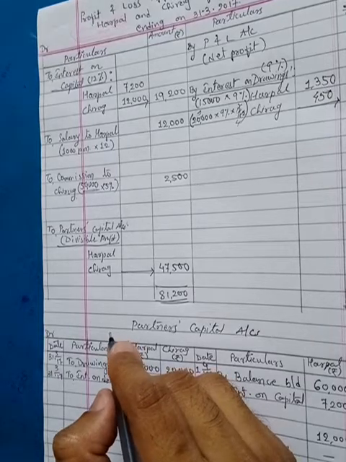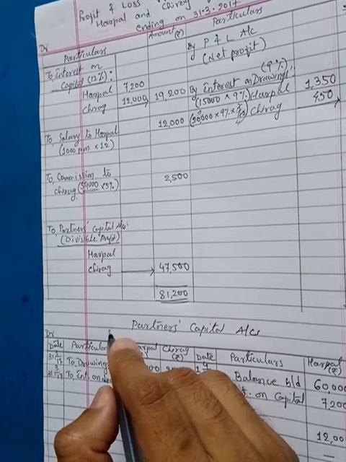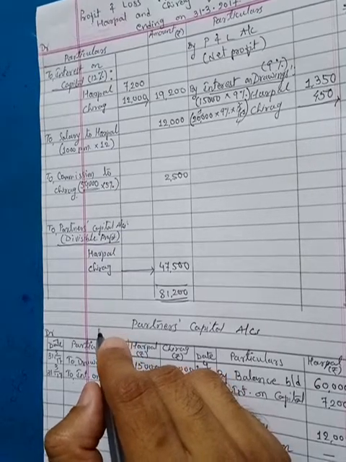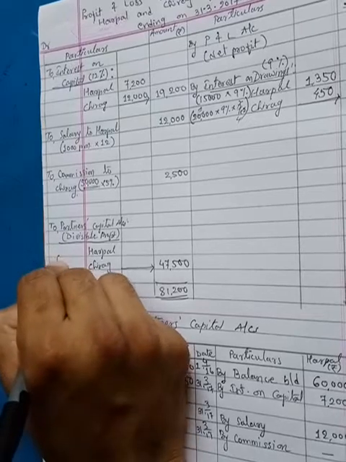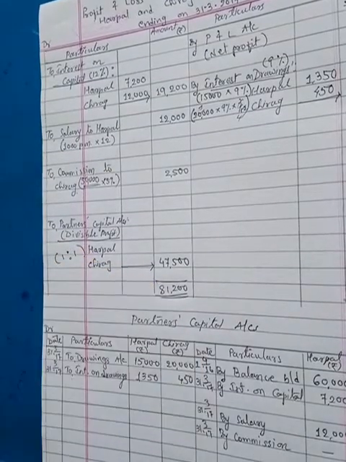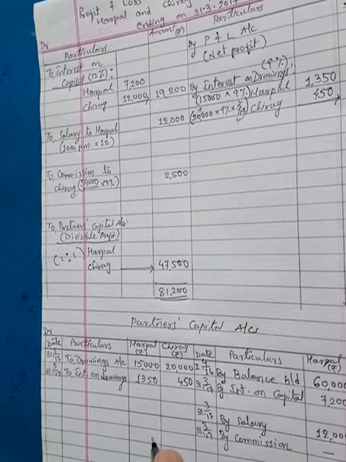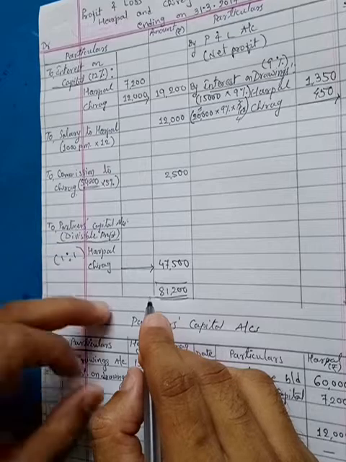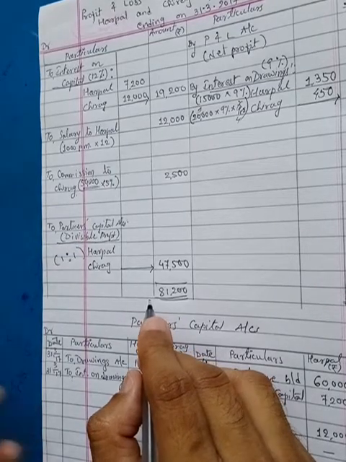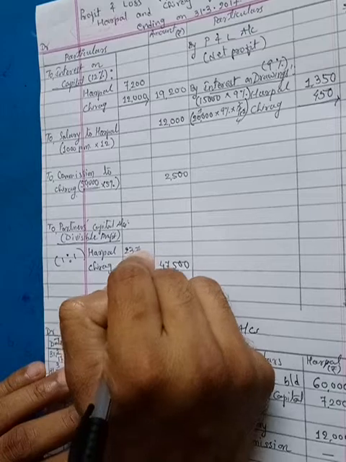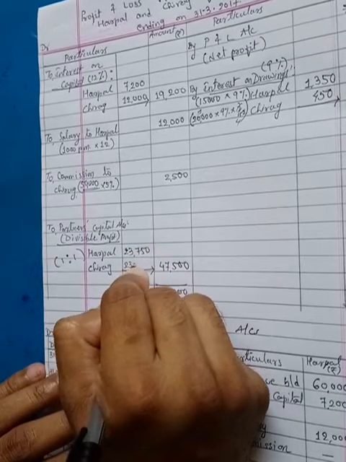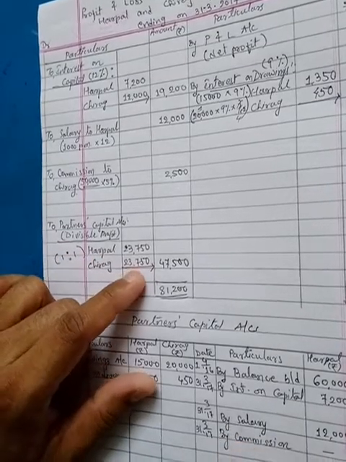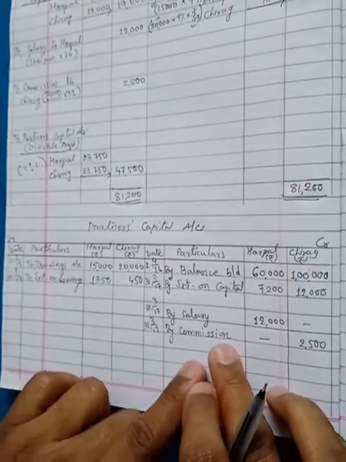In the whole sum, we have gone through the whole sum, but there is no provision they have made regarding profit loss sharing ratio. So as per the Indian Partnership Act, when there is no provision for profit loss sharing ratio, it is considered as equal ratio. So the profit sharing ratio we have to take 1:1. So 47,500 is distributed in equal ratio, that is half to each partner. So 47,500 divided by 2 will be 23,750 and 23,750.